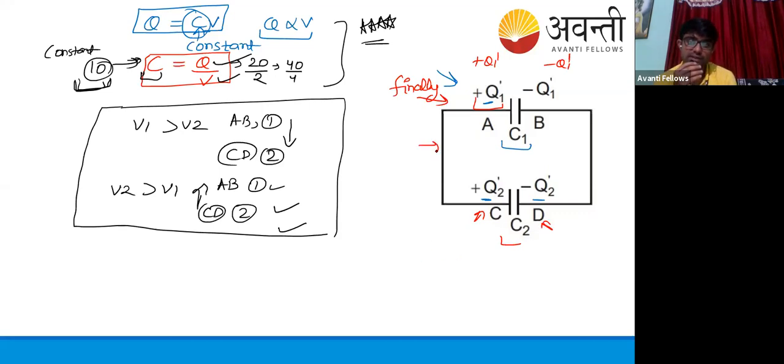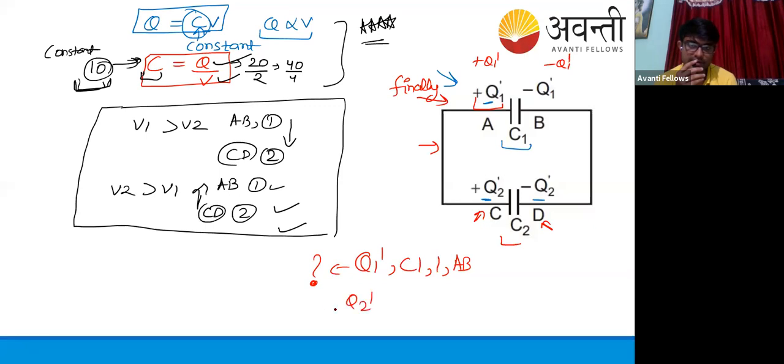So what we're going to analyze is what are the values we need to find now. We need to find the value of Q1 dash, that is the charge. I'm taking just one value because I need the magnitude only; the rest I can put a negative sign. What is the magnitude of charge on the capacitor plate of capacitor C1, that is the first capacitor, or you can say AB? And this is the thing which I need to find, the charge.